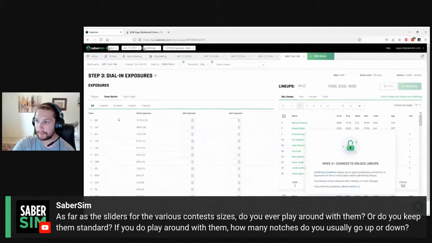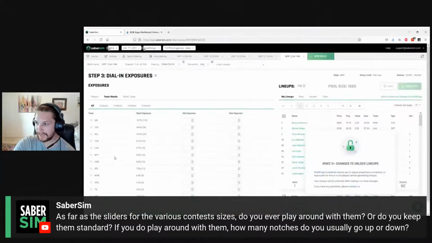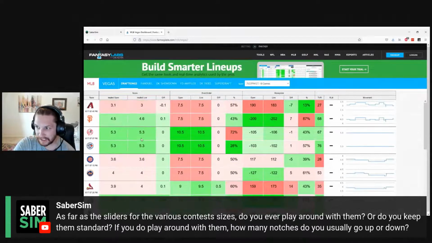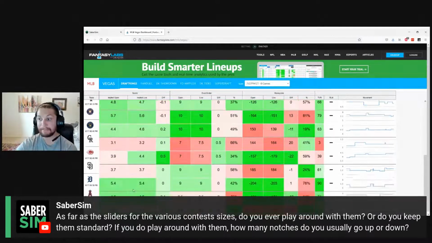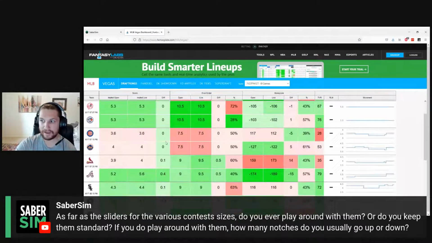But let's say, for example, we ran this and our most popular stack we were getting was a team like, we were getting a lot of maybe Toronto or Angels or Yankees, teams that I think are all likely to be fairly popular. Again, it's a little before 1 o'clock here, Mountain Time. I know the slate's a long way away, so I'm not making a statement of where I actually think the chalk is going to end up tonight, but just looking right now, right, how I see the slate breaking out,